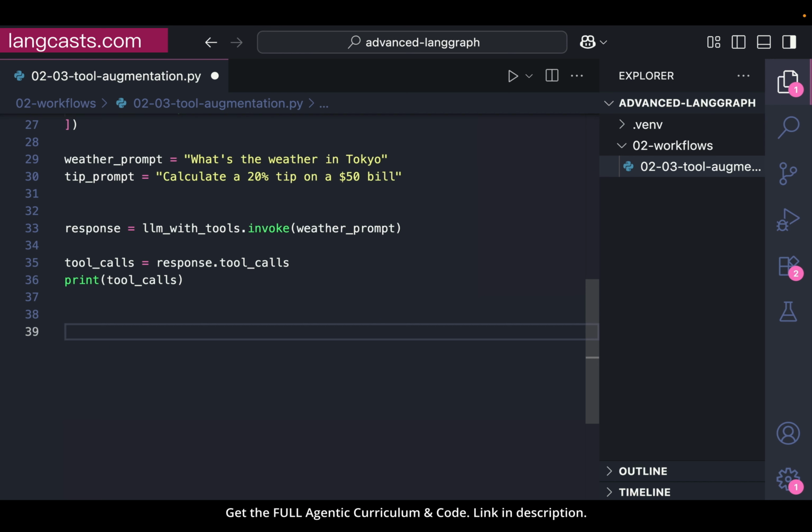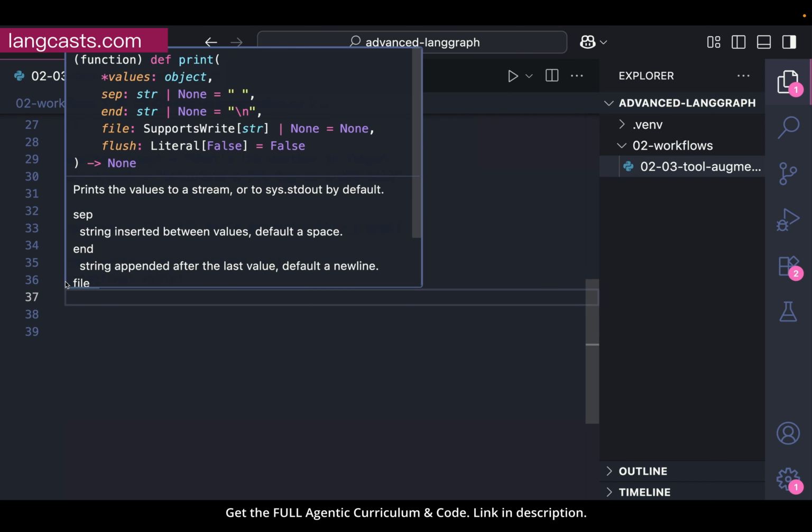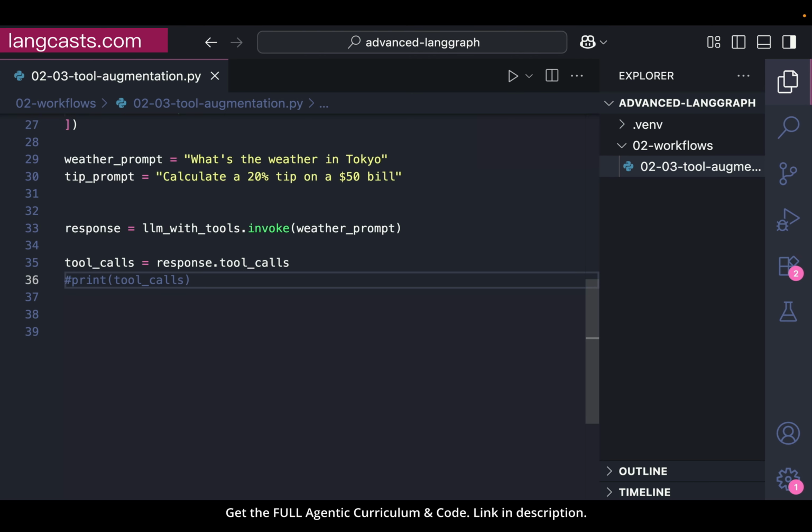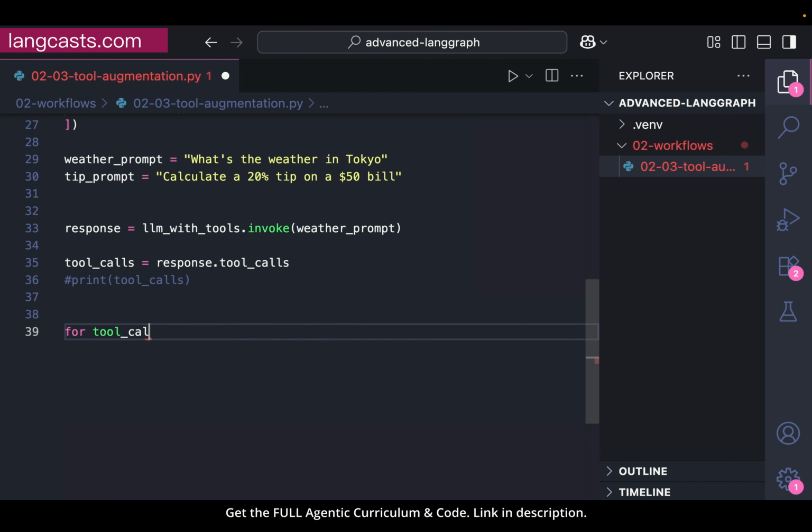So we get this. So what I'm going to do in this case, first let us comment this out. What I'm going to do is that I'm just going to loop over the tool calls, and any tool we identify there, you should call it. That's basically what we're going to do. So I'm going to say for tool call in tool calls,